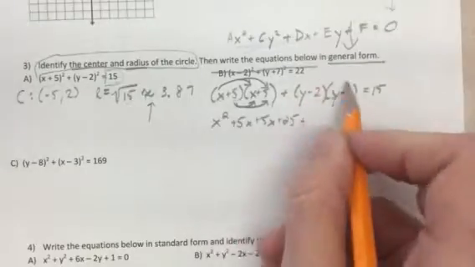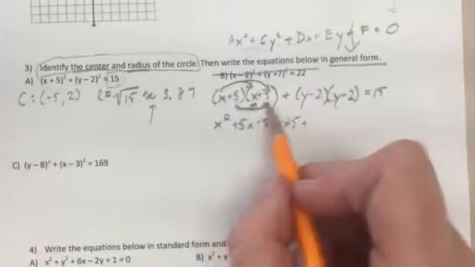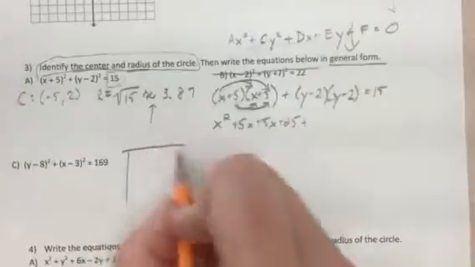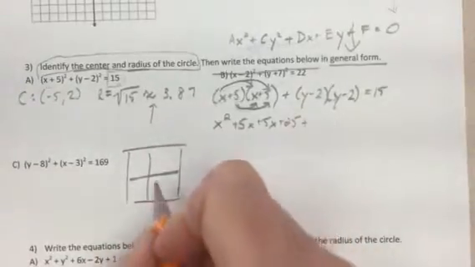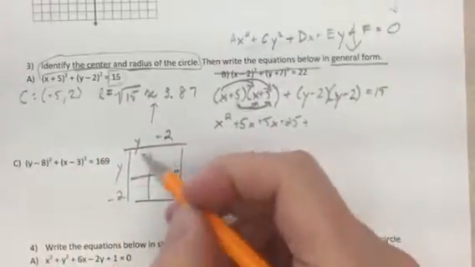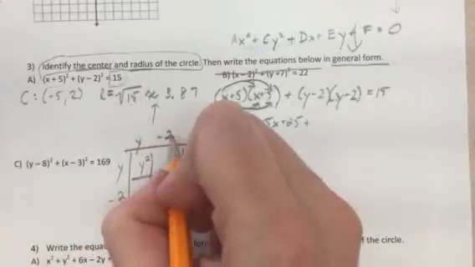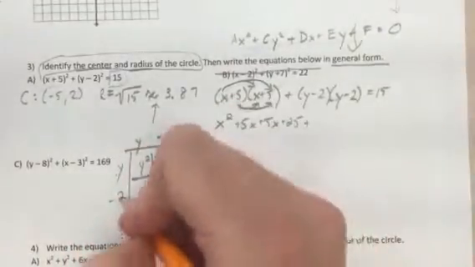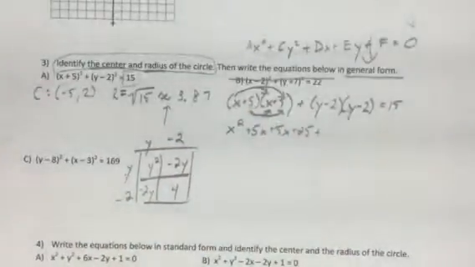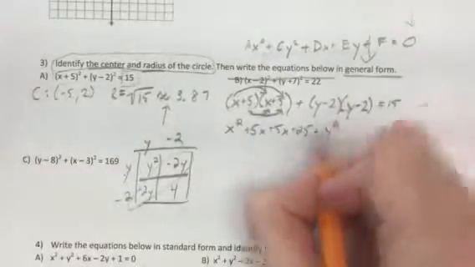There's still a plus sign, and I need to multiply these 2 out. Now, if you don't like to do the distributive property, like if it's hard to keep track of them all, another way to organize your thinking when you're multiplying is kind of go over to the side, use the area model, where you do y minus 2 and y minus 2. This helps organize the distributive property. It's still distributive property, it just helps organize it. Y times y is y squared, negative 2 times y is negative 2y, negative 2 times y is negative 2y, and negative 2 times negative 2 is positive 4. And now you can write it out combining your like terms. So y squared is y squared, and